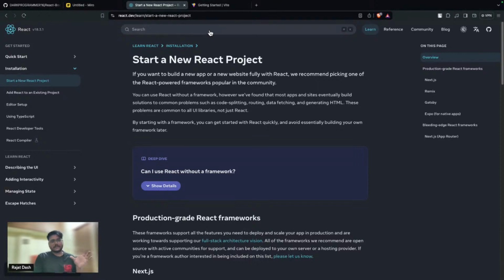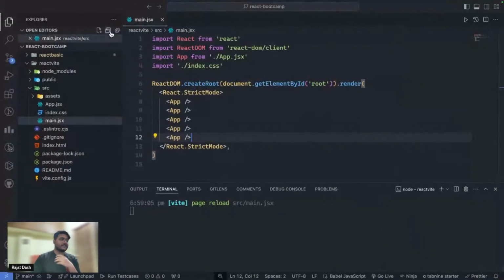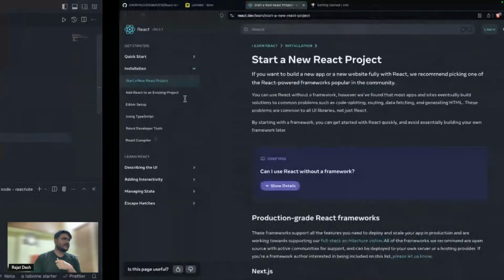So this component has been written only once and it is being used multiple times. Understood? Yes. So this is called component reusability.